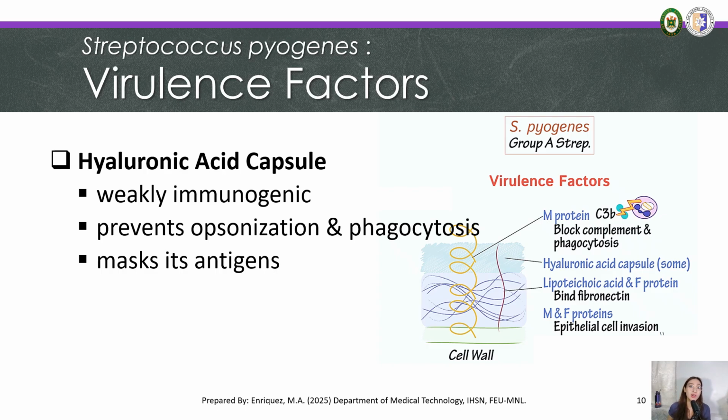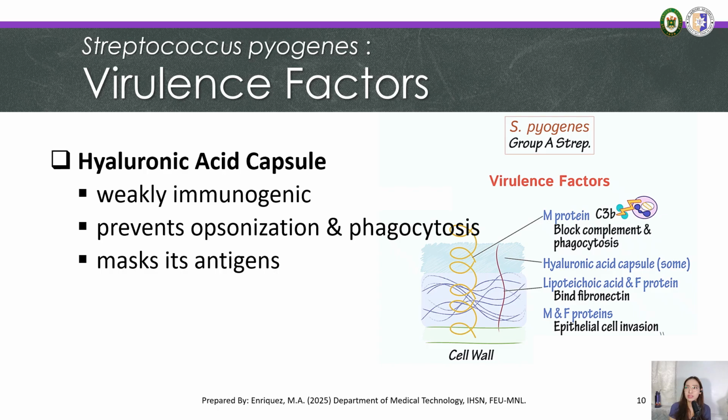All right. So the hyaluronic acid capsule prevents opsonization and phagocytosis by neutrophils or macrophages. This capsule allows the bacteria to mask its antigens and remain unrecognized by the host immune system. So kumbaga po, ito yung disguise nila, 'di ba? Tinatakpan nung hyaluronic acid capsule yung surface ng bacteria para matakpan din yung antigens para hindi sila ma-detect nung immune